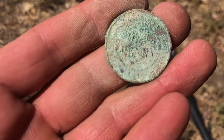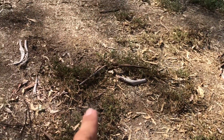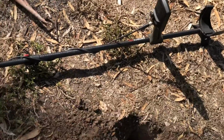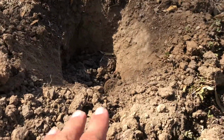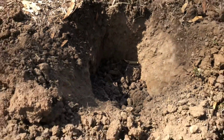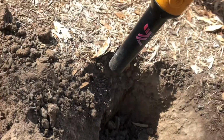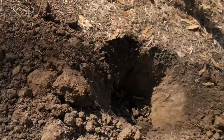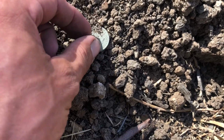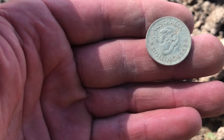So let's keep moving and see if there's any more in the ground. There is where I got the penny, and I'm just going up and coming back down, checking out this little area. Had a bit of a fun jittery signal. It's a fair way down. Don't know how much you can see there with the shadow, but it's probably that far down on my pinpointer. Anyway, it got better as I dug it, and we just flipped out that, which is, as you can see, a beautiful